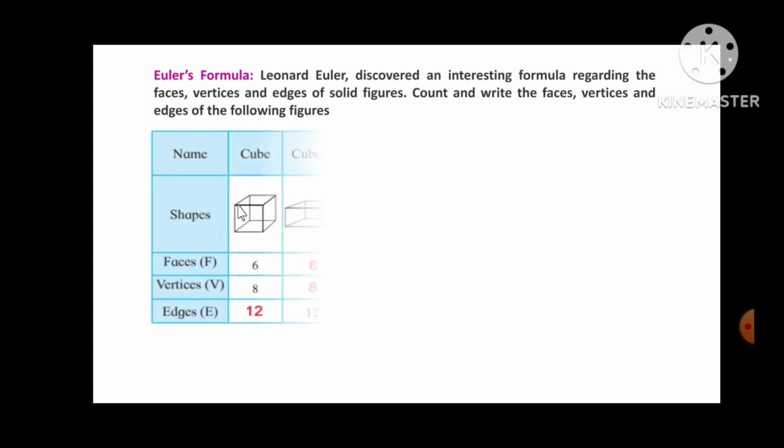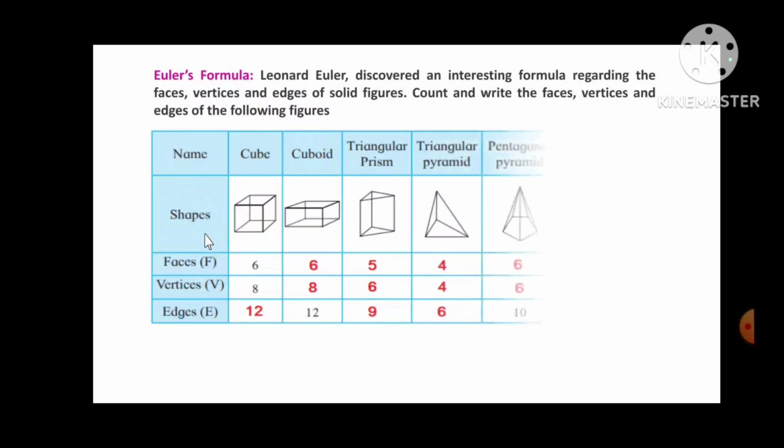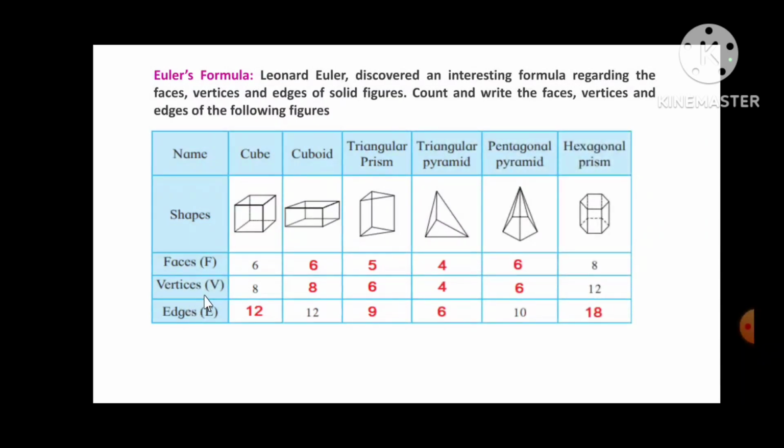So friends, Euler's formula. Leonhard Euler discovered an interesting formula regarding the faces, vertices, and edges of solid figures. Count and write the faces, vertices, and the edges of the following figures. You will get here the different figures they have given, their shapes, how many faces are there, how many vertices are there, how many edges are there. Here 6 figures are given. First is cube, second is cuboid, then triangular prism, triangular pyramid, pentagonal pyramid, and